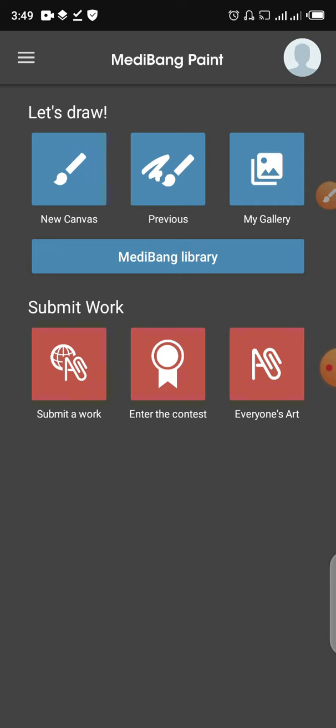Hey guys, what's up? I'm going to be showing you how to use the Medibang Paint app right now. So this is the display that you see once you open the application, and you will just have it appear like this. And so, starting from here, this is